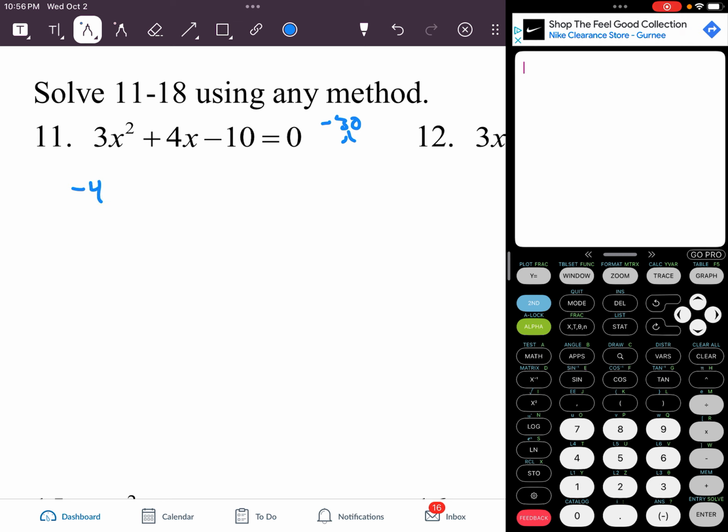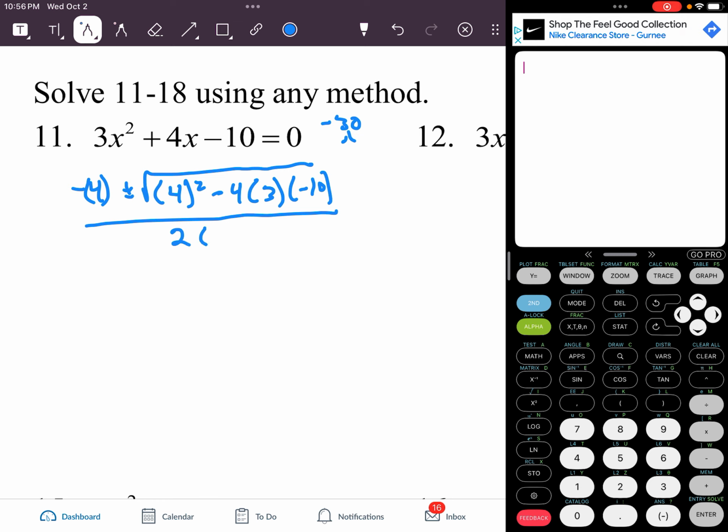So I'm going to put negative 4 plus or minus the square root of 4 squared minus 4 times 3 times negative 10, all divided by 2 times the a, which is 3. Okay. Remember, you need to memorize the quadratic formula. It's not going to be given to you on the test. So if we simplify this, we have negative 4 plus or minus the square root of 4 squared minus 4 times 3 times negative 10, which gives me 136